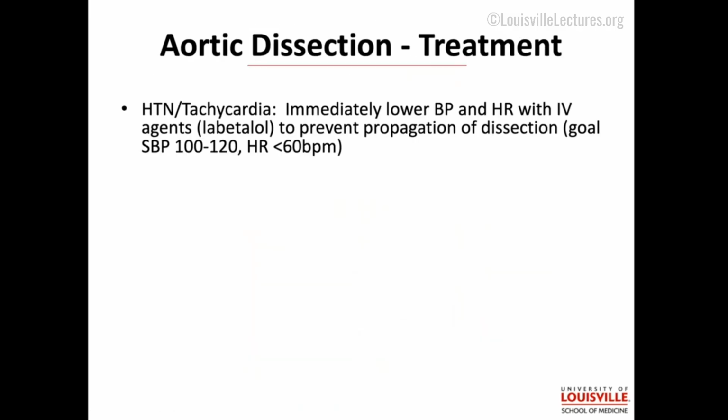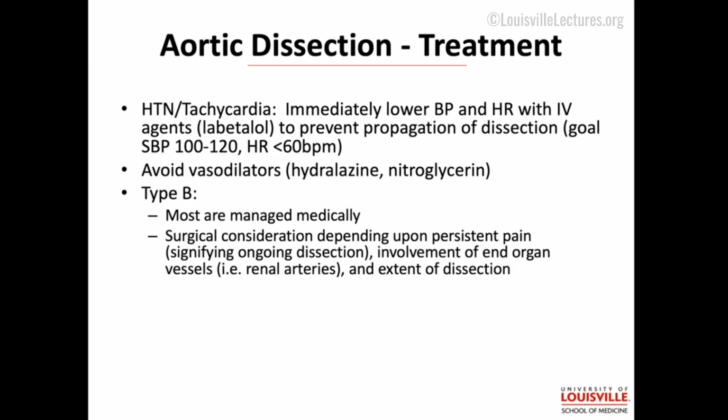Okay, so how do we treat them? Well, we try to stabilize them first in the ICU. IV labetalol is the agent of choice. It's going to lower the blood pressure, the heart rate, lower the stress on the wall. It's going to keep that dissection from propagating, you hope. So you get them into the ICU with an ART line, a central line, you give them that labetalol, and you try to drive their blood pressure and heart rate down. In general, we avoid vasodilators. It can be hard to control the blood pressure without sometimes, but we try.